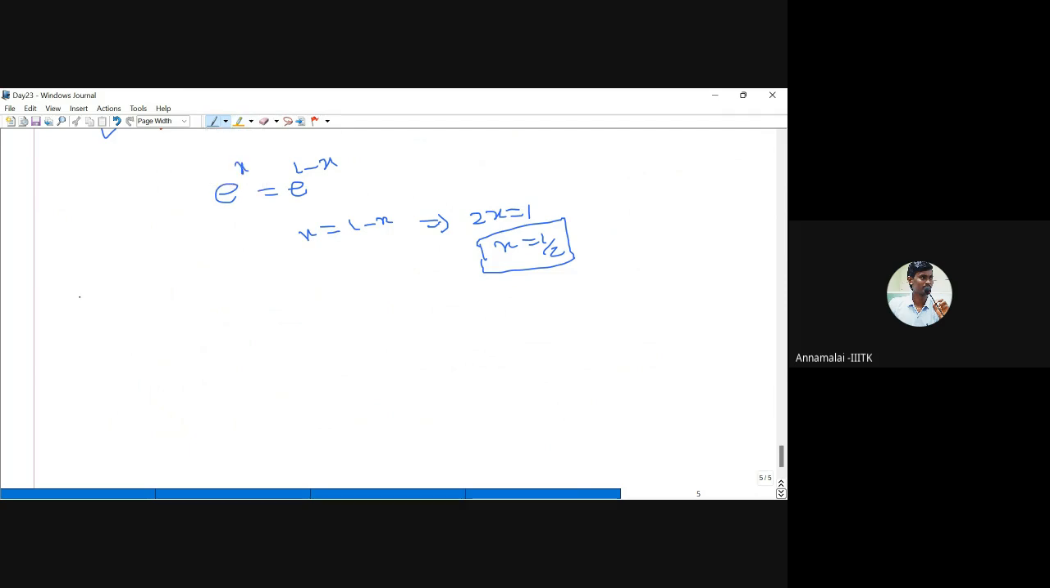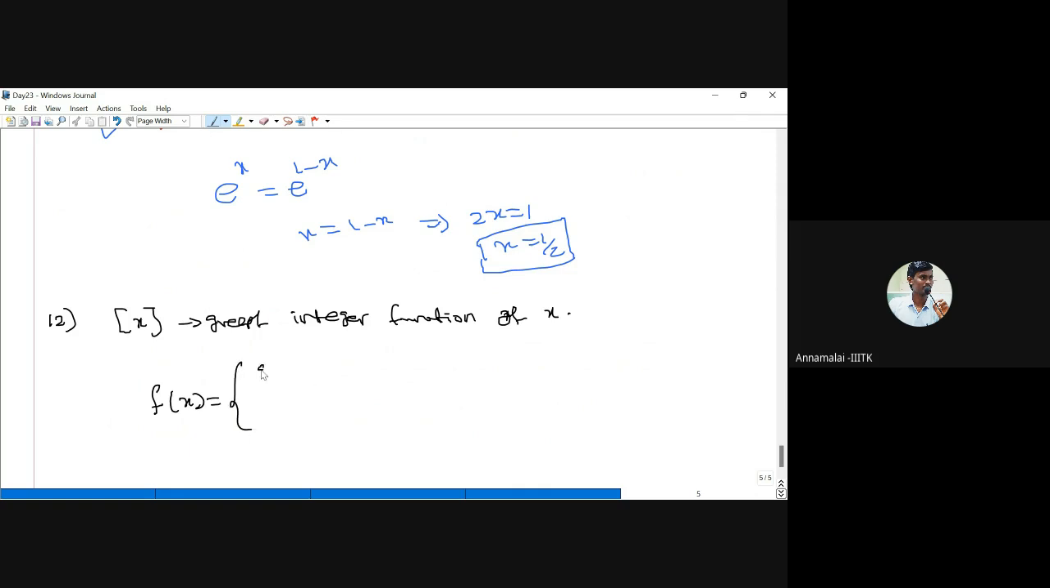12th problem. Suppose the notation, the square bracket of x, denotes the greatest integer which is less than or equal to x. Okay, the greatest integer function of x: you take only the integer part. Now the function f of x is defined to be